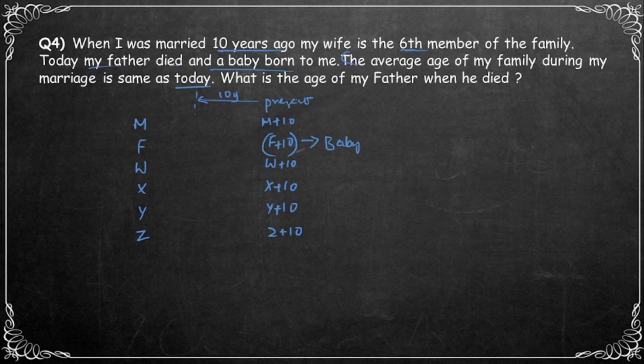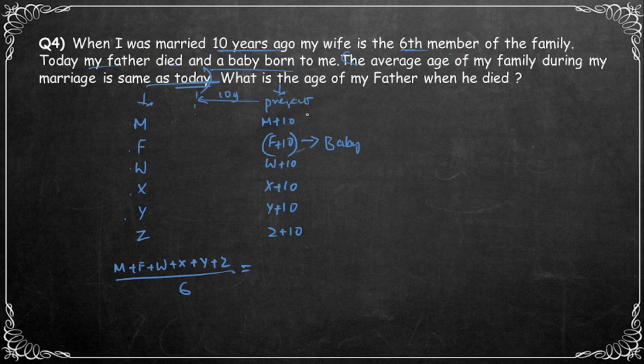Now, third sentence is the average age of my family during my marriage, that means at this point of time, is same as today, that means at this point of time. So the average is sum of all of above divided by number of persons, that is 1, 2, 3, 4, 5, 6. So it is m plus f plus w plus x plus y plus z sum divided by 6 is equal to